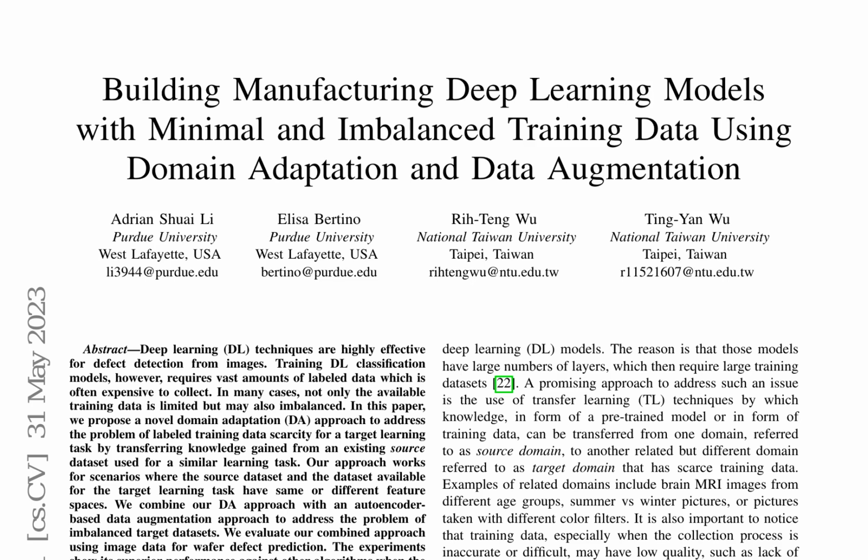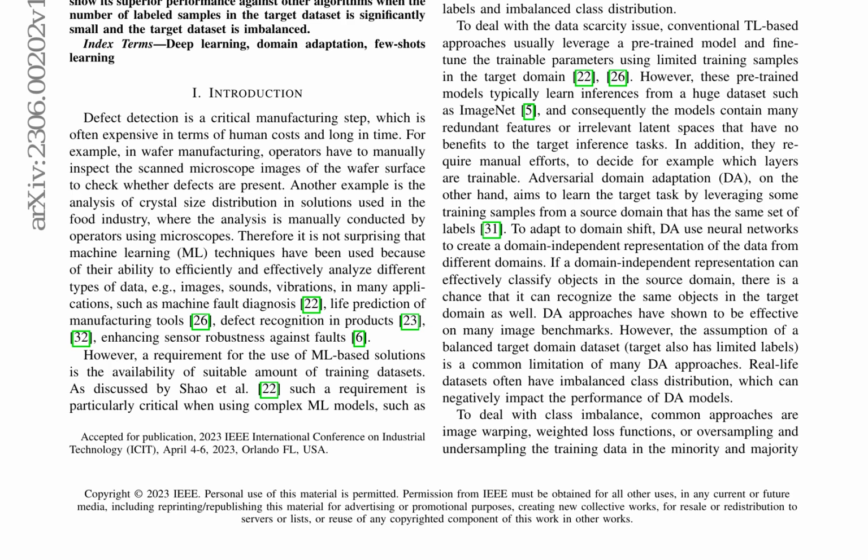The approach combines a domain adaptation technique with an autoencoder-based data augmentation method to address both the scarcity and imbalance of the target dataset. The proposed pipeline is evaluated using image data for wafer manufacturing, showing superior performance compared to other methods when the number of labeled samples in the target dataset is significantly small and the target dataset is